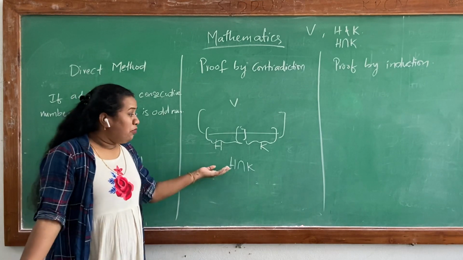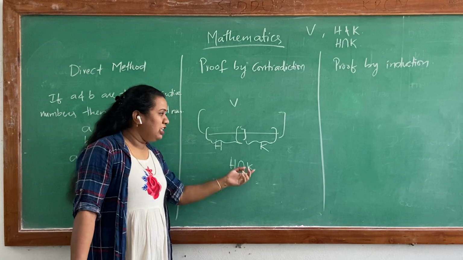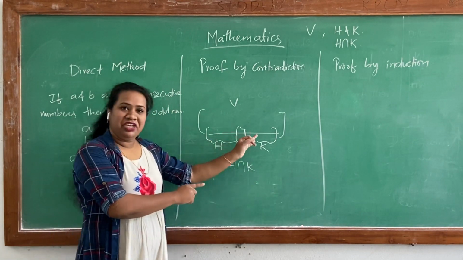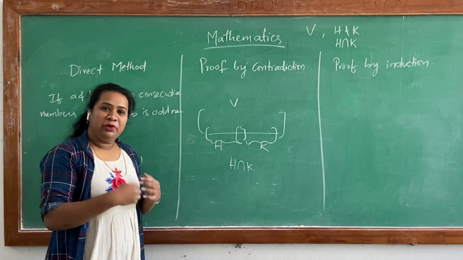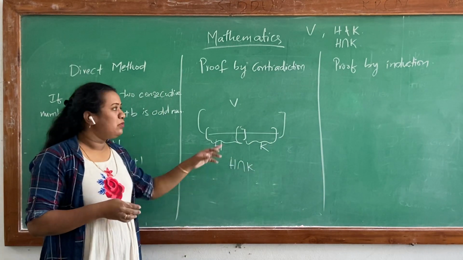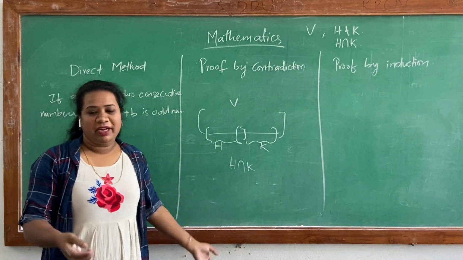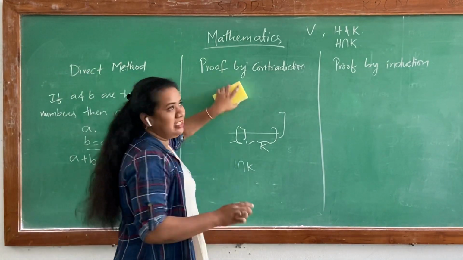Obviously, these two sets are derived from this, and the intersection of these two is nothing but common elements. You know the definition of intersection, you know the definition of vector spaces and subspaces. You will take the common elements and prove that those common elements are also satisfying all the properties. So this is very simple, but please don't memorize, my dear students. So this is direct method.